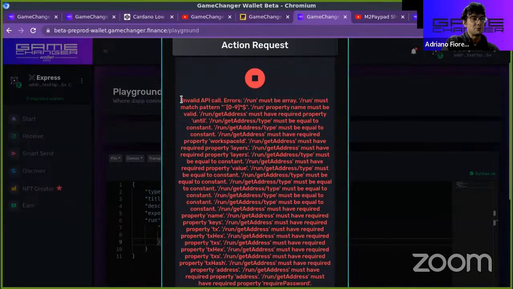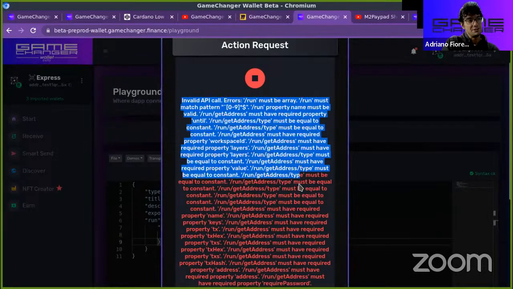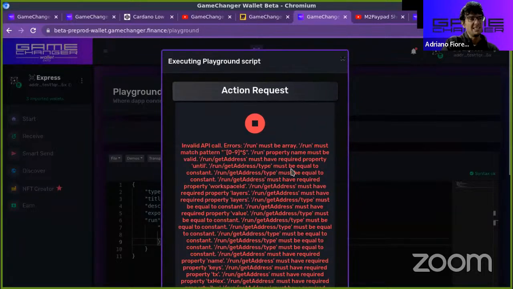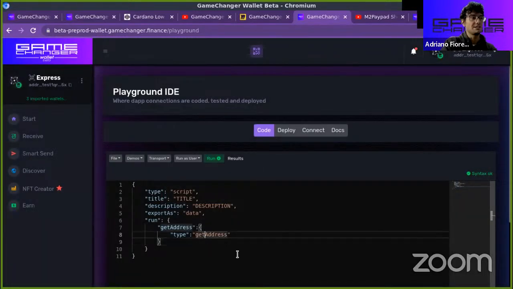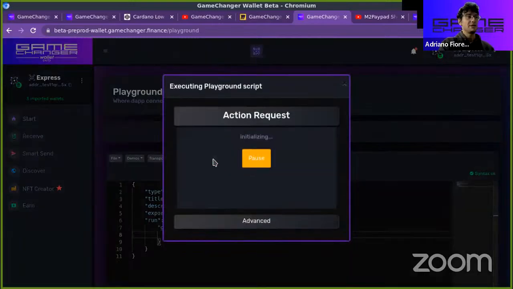This is the beta, so I have to improve the error reporting, but this is a validation error, like a syntax error. Okay, I forgot that part of this type definition. So if I click run,